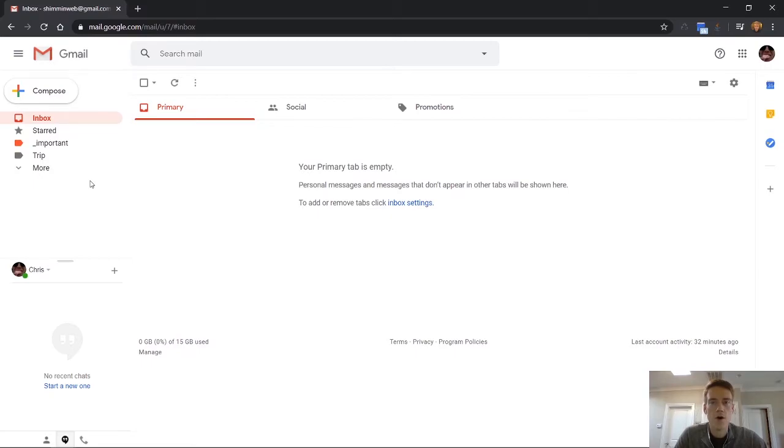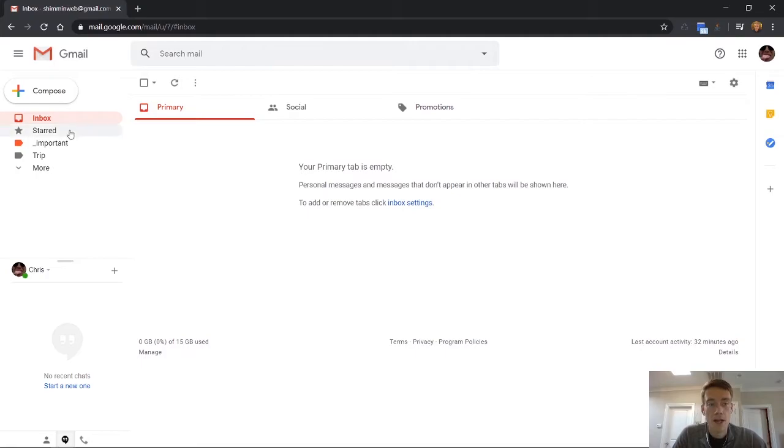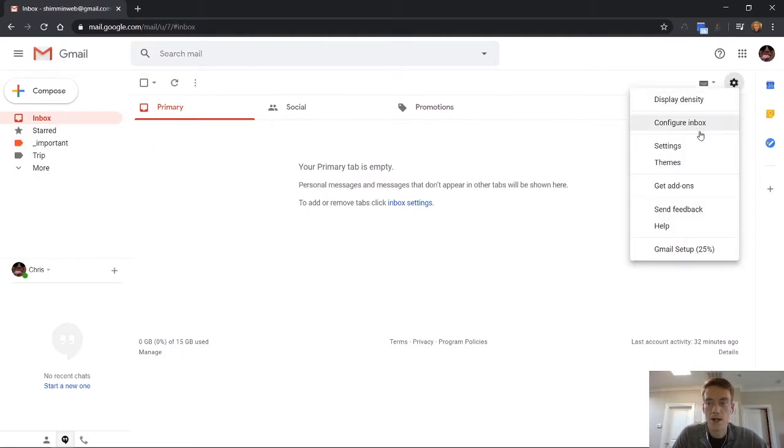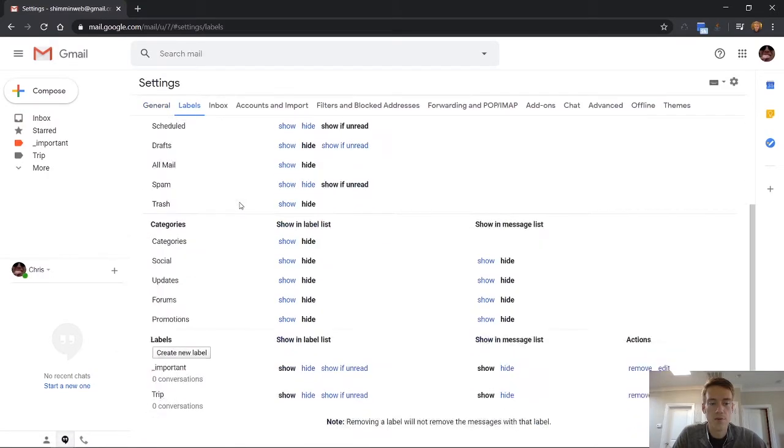Don't archive a piece of email that'll just be taking up space on your 15 free gigabytes. Just remove it or don't. That's my opinion. And I also don't believe there's an archived label pre-made. So that's my recommendation: delete it or add it to a different folder. So if we go back to our settings, go to labels,